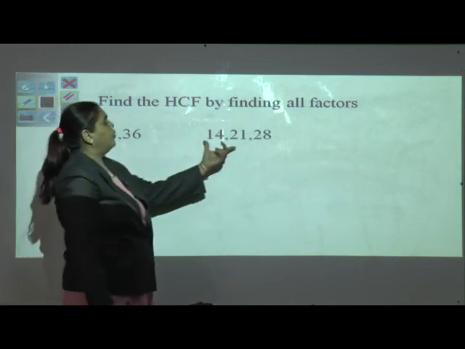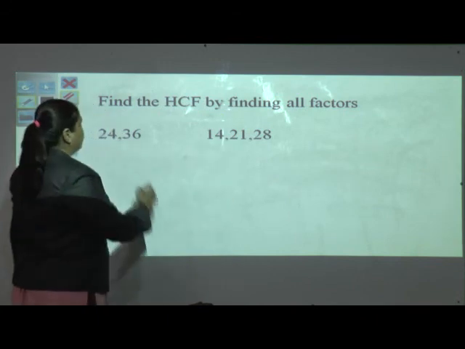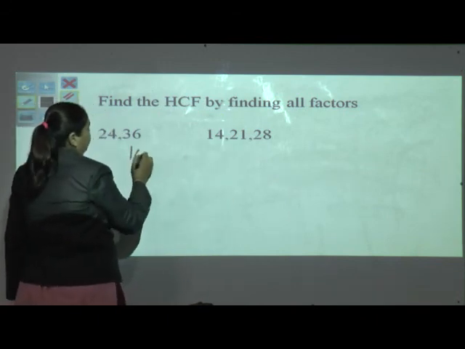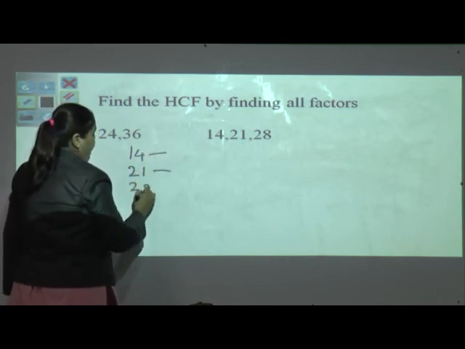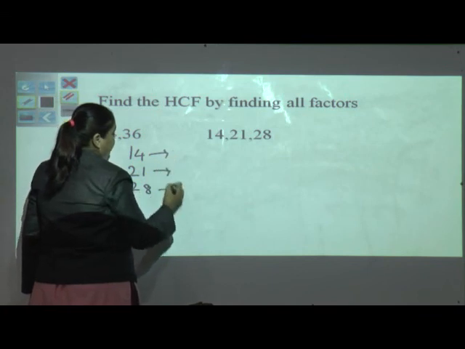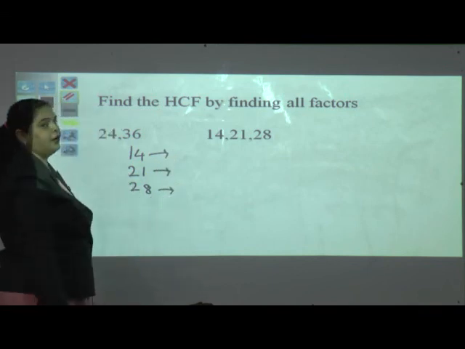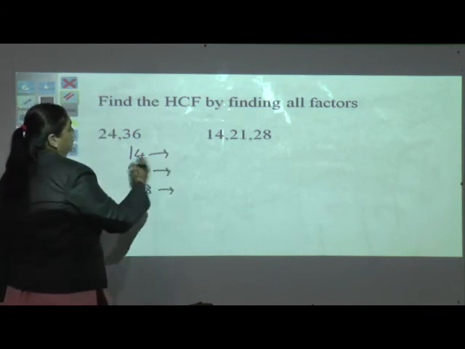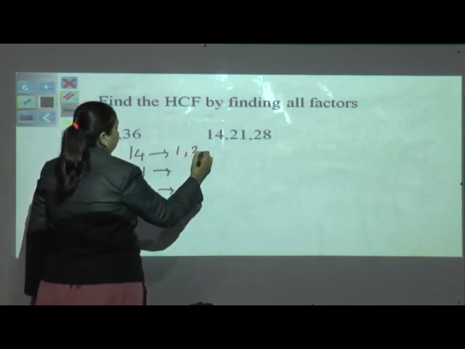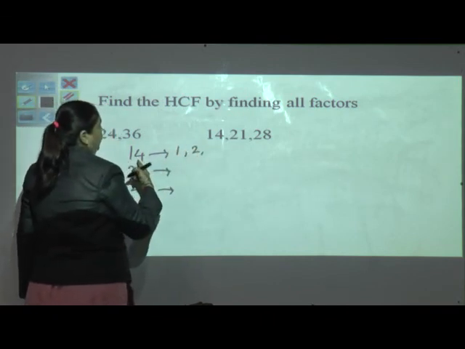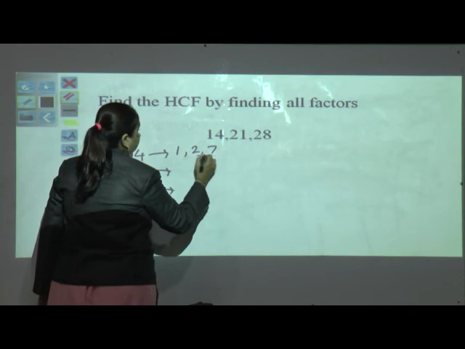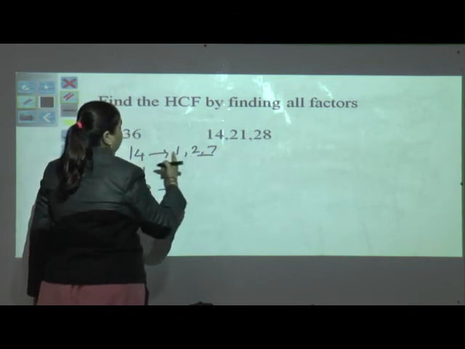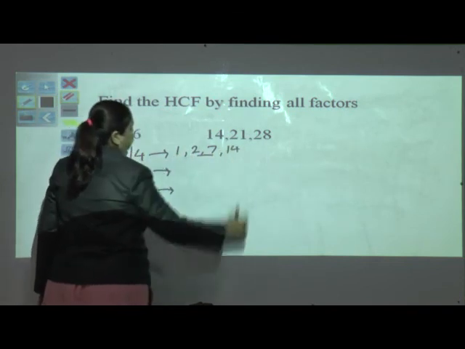So we will go for another example, that is of 14. We will see 14. What are the factors of 14, 21 and 28? Now my dear students, you will help me how to find, because we already learned what the factors are. Here we can say it is 1, then 2, can we go for 3, 4, 5, 6, 7? Yes, with 7 we got a bridge here, 7 2s are 14 and 1 14 is 14.